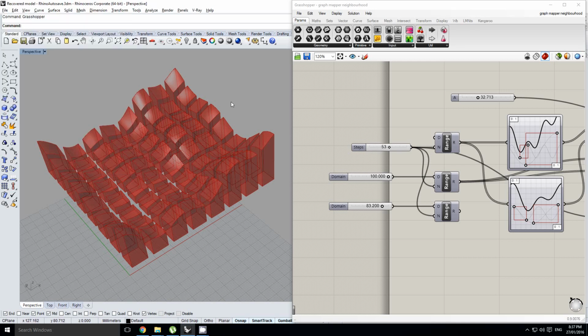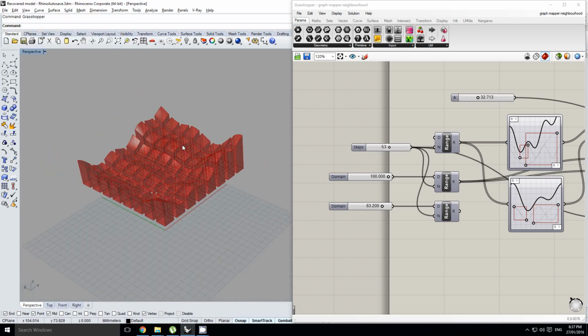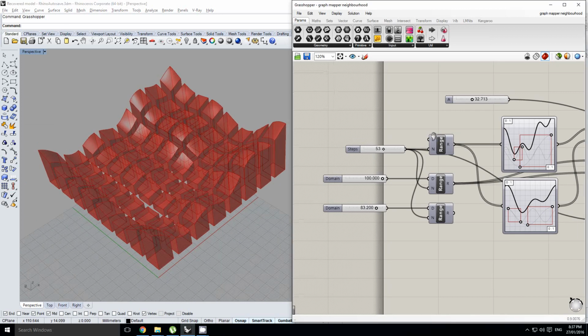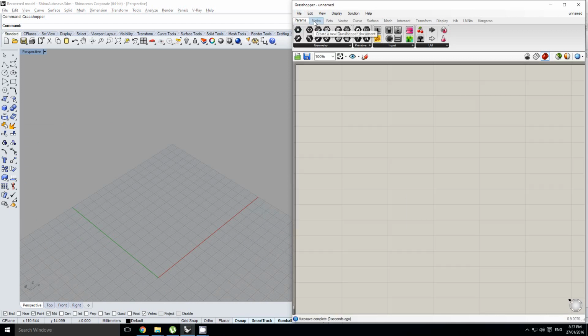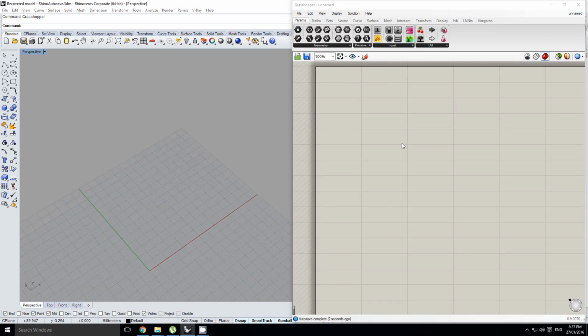Hey guys, in this tutorial we're going to look at how to create something like this, but our main priority in this is going to be using and understanding the graph mapper and how we can use it to drive values and functions. So we're going to make a new document, and I'm going to start by dropping down the